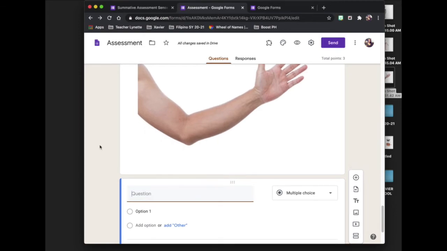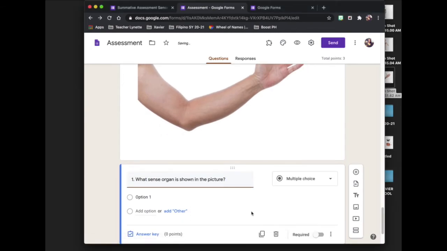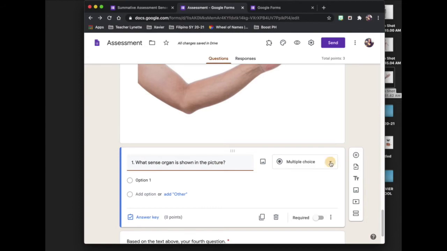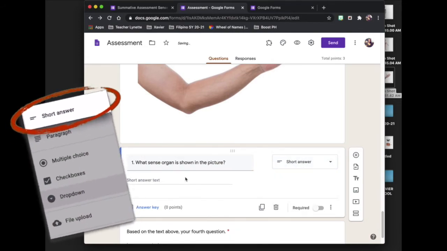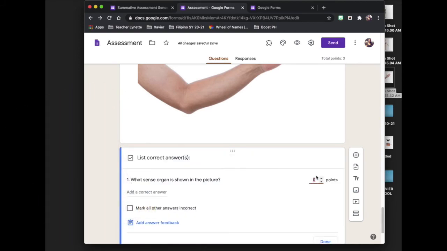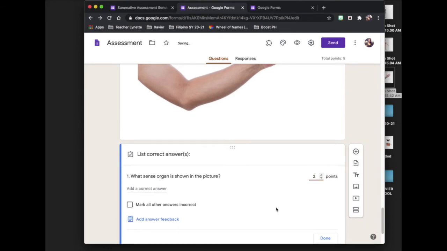Okay, so the question, for example, is what sense organ is shown in the picture, and then click the type of test. For this one, it's a short answer, and then just click required. And for example, I will be marking it 2 points. So just an example,